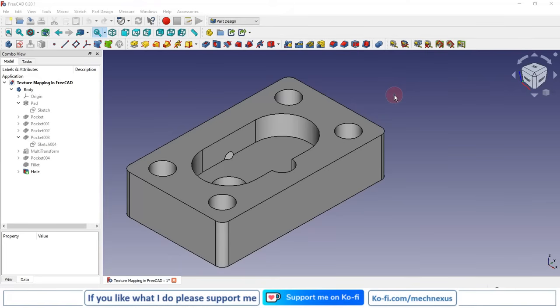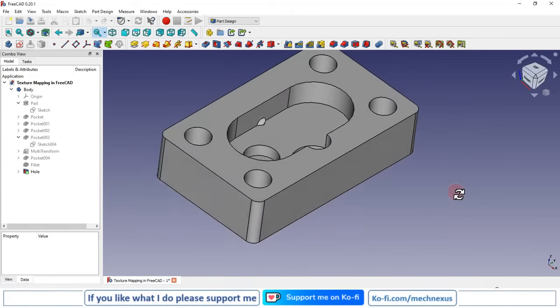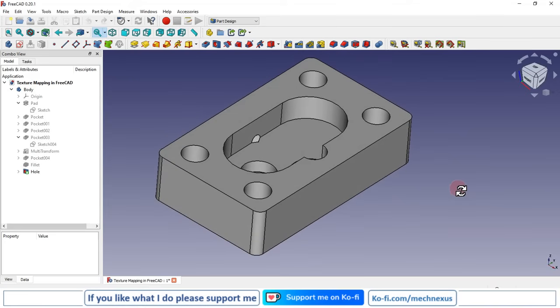Hello friends, welcome to FreeCAD tutorial, and in this tutorial we will learn how to use the texture mapping in FreeCAD. So on this part I wanted to use the copper texture. So for this,